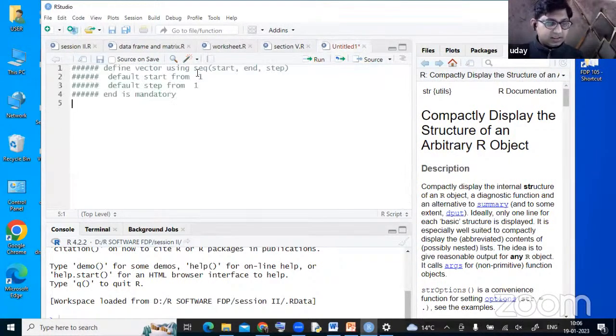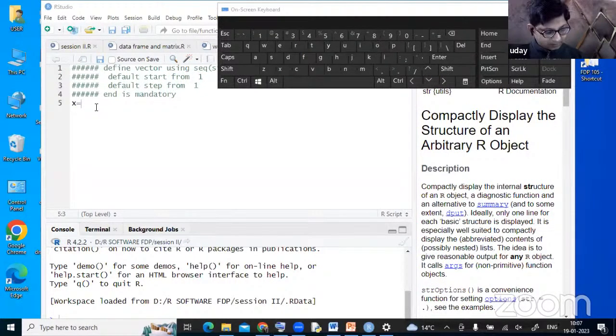As you can see here, I have pasted the definition of the sequence function. The sequence function consists of 3 components. The first component is the start, from where you want to start. The second is where you want to end, and the last is the step. Suppose I want to assign x data from 1 to 10. So I write x equals seq, then 1 comma 10 comma